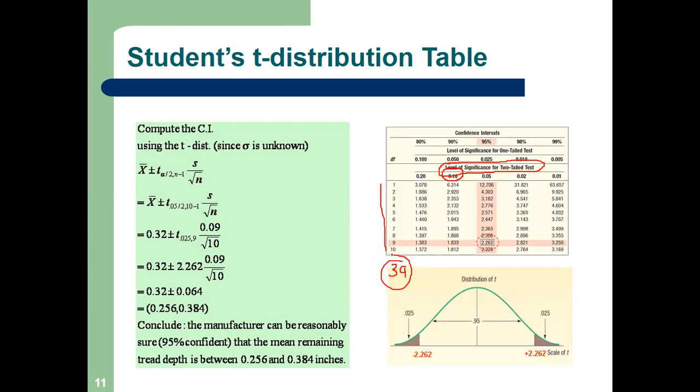Sir, after 30, the values go on 40, 50, 60, and so on. So in my table, you will get 39. Don't worry, wait for a few minutes. I will send it after the class. You can try to find it on Google, but don't get confused again by one-tail and two-tail, because there also there will be confusion. That's why I'm telling you: you will look for two-tail.